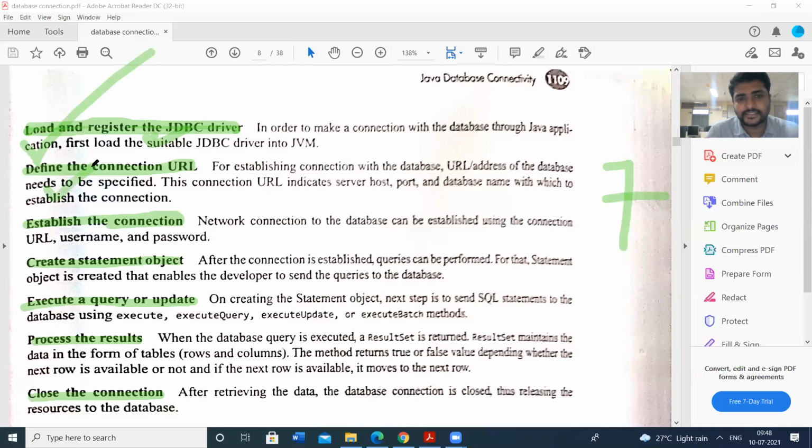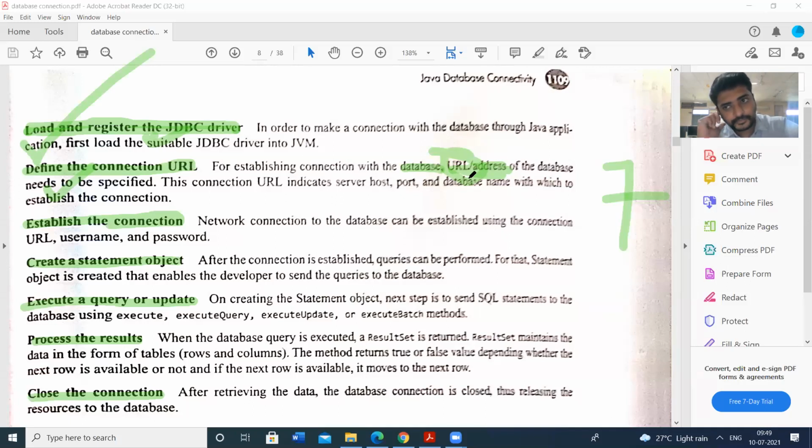Next, define the connection. For establishing a connection with the database, we need a URL address, the database URL address. URL means Uniform Resource Locator, that means the address of the database.